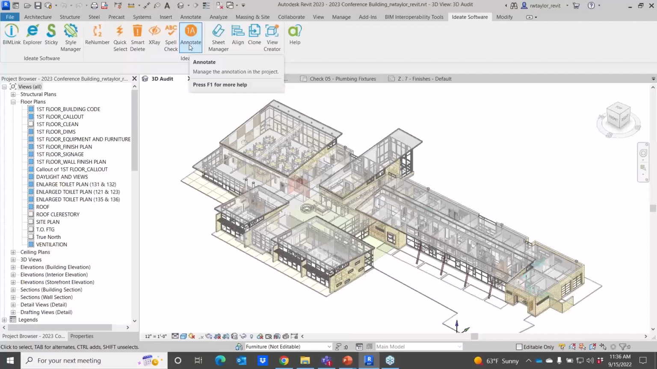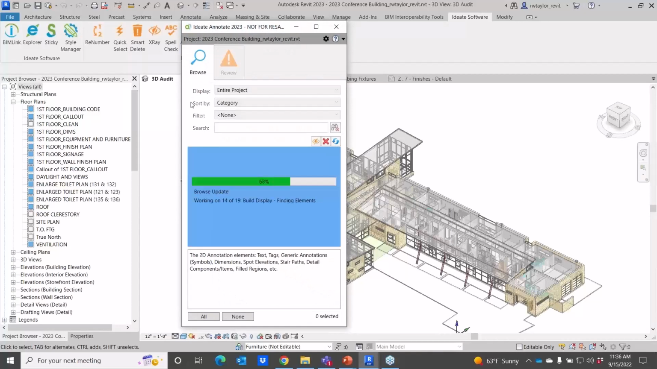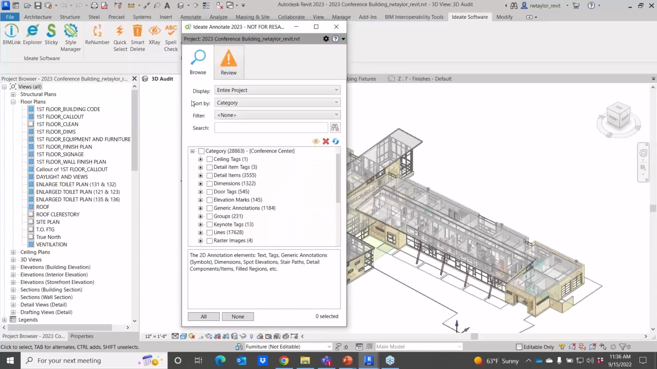So when I select Ideate Annotate, those of you that are familiar with Ideate Explorer may say, well, that looks kind of familiar. And actually, we did try to make this very familiar to many of our Ideate Explorer or Ideate QuickSelect users. So right now, in this conference center project that you see in the background,